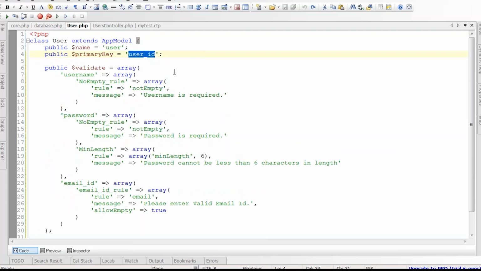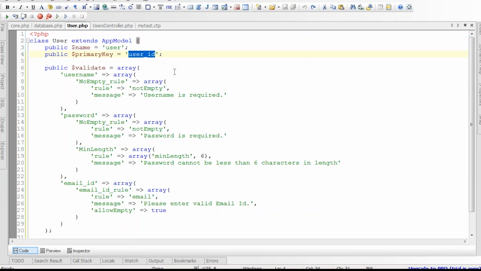So I have to define it here. Otherwise, see, we don't have to write any query in CakePHP. You simply have to define the relationship. It automatically writes the queries. So as it is writing automatically, we have to follow the convention so the query is written in the right